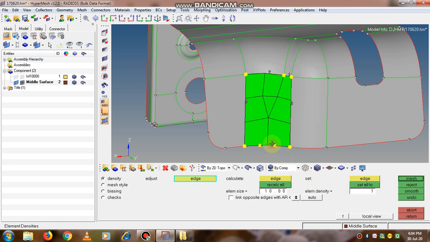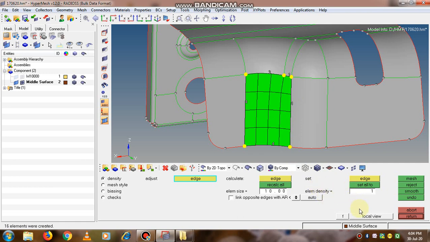If you click on the mesh button, that mesh will get saved. Now if you click on the numbers on this boundary, the number of elements we can increase by left clicking, and by right clicking the number of elements will get decreased. Left and right clicking will help you adjust the number of elements and get a proper mesh